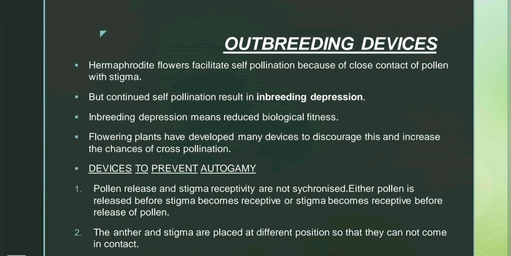Devices to prevent autogamy include: first, pollen release and stigma receptivity should not be synchronized, that is, they should not be done at the same time. Either pollen is released before the stigma becomes receptive, or the stigma becomes receptive before the pollen is released. Second device is that anther and stigma should be placed at different positions so that they cannot come in contact. Both these devices prevent autogamy. Some other devices are